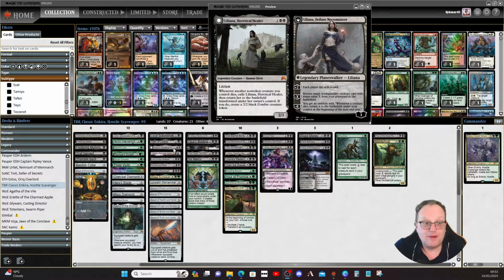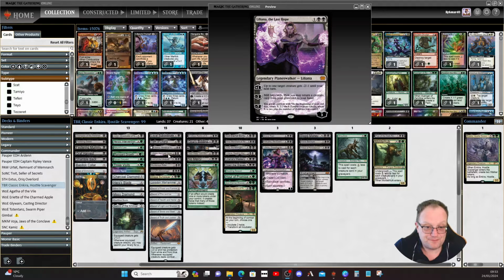If we can get the emblem, I'm going to be even happier. So yeah, good on us. But the other version of Liliana, the Last Hope, is also here. Mainly because we want to do the -2, -1 as many times as we can to get to the -7 as quickly as possible, so that we can do the whole zombies creation every turn off an emblem that can't